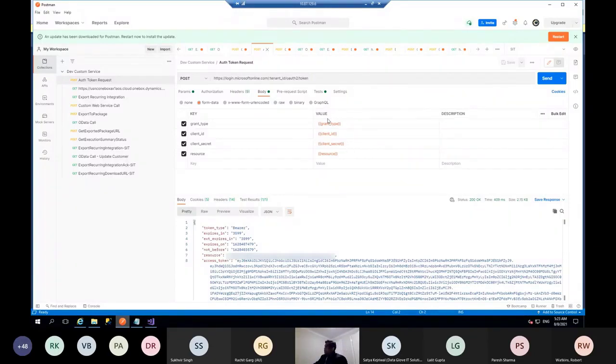In Postman you don't need to give the full value here. You can give the variable using curly braces, so that it understands you are giving the grant type and client ID and all. So when you send the request,